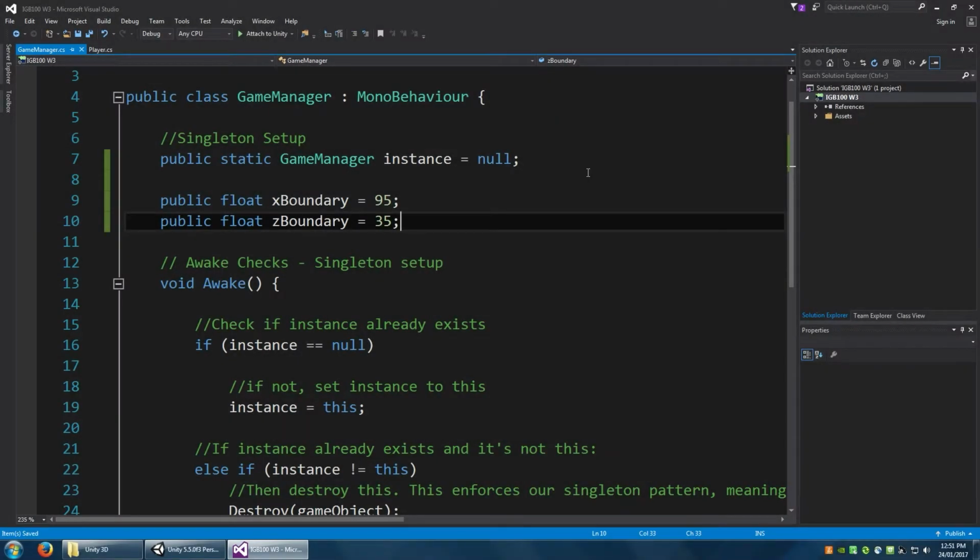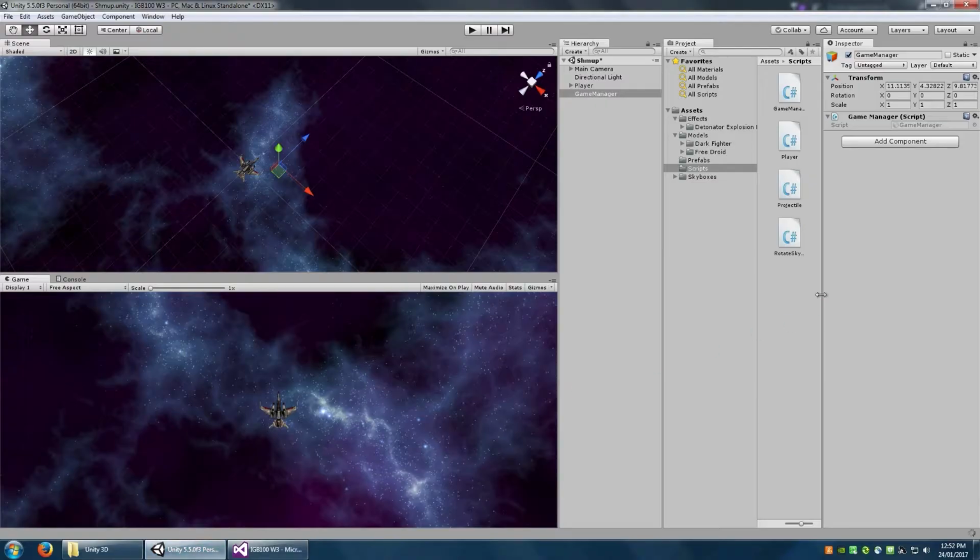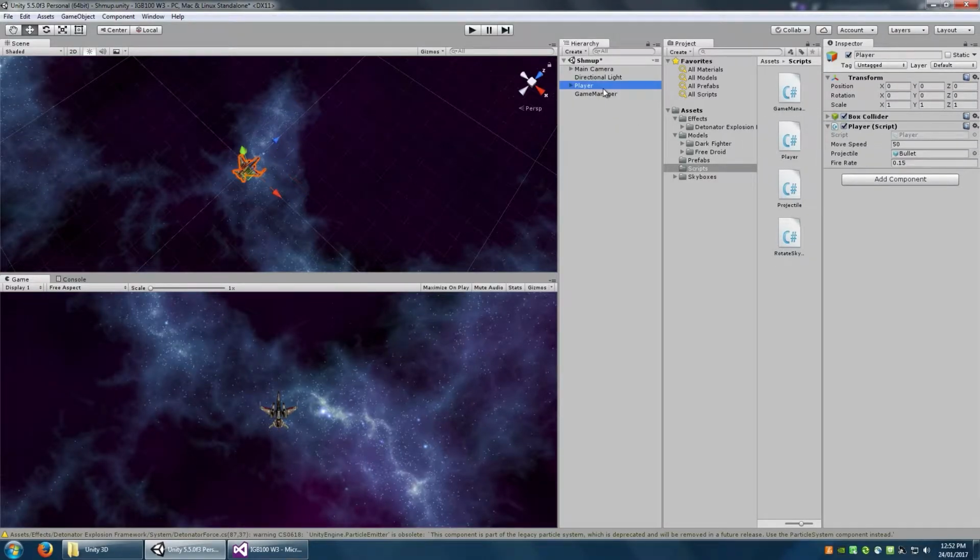So the idea here is that our player wants to grab these boundary floats from Game Manager using the instance of Game Manager that exists in the game world. So the fact that we have this script on this game object means that we can access it through player if it's a singleton. So in our player script,